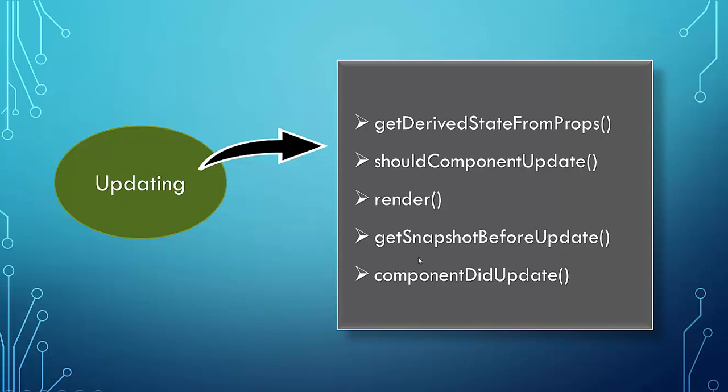Next is getSnapshotBeforeUpdate. If you have experience in SharePoint coding in languages like C# or ASP.NET, you have these parameters called after properties and before properties. So the concept with after properties and before properties is the same which is happening over here. Here, getSnapshotBeforeUpdate helps us to retrieve the past values even after the update has been done. So this is helpful in order to check the previous state and the current state.